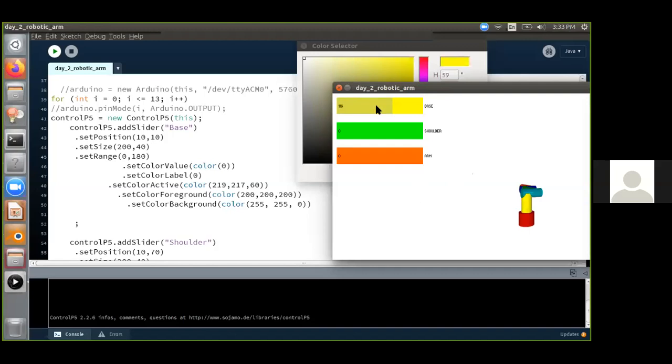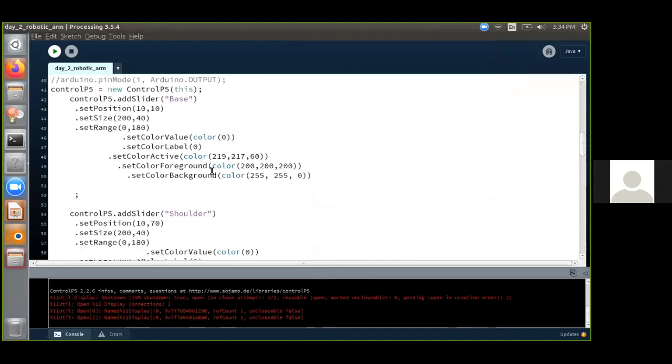Active color means if you press your mouse on it, it becomes active. So active color is nothing but the yellow color with a gray shade. The foreground color is 200, 200, 200, which is the gray color you can see now. The background color is 255, 255, 0, which is the yellow color you can see at the side.